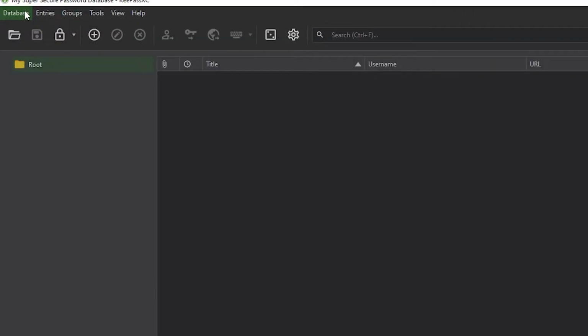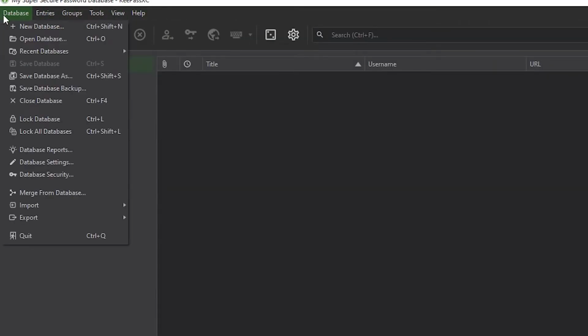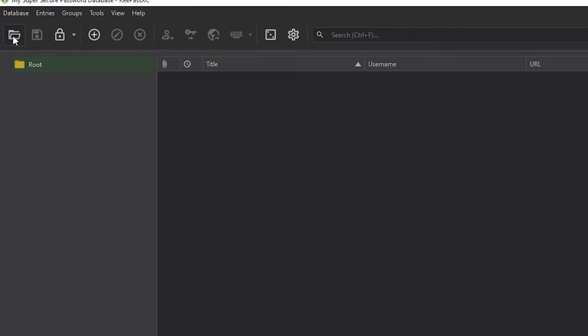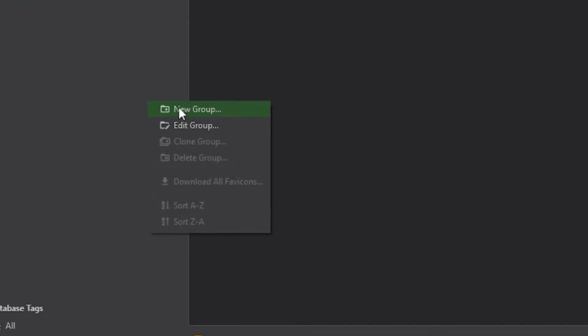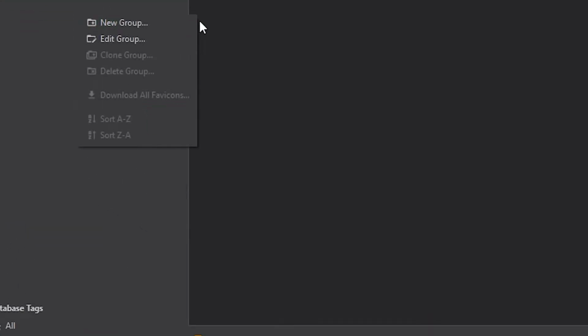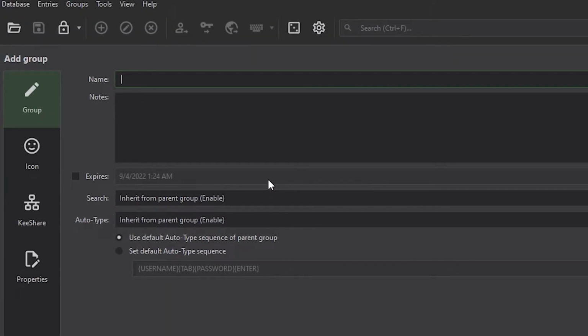In the top we have those options, and in here we have options for open database, lock database, add a new entry and password generator, as well as settings. So let's create a new password in here. So I'm going to right click on here, and actually let's create a new group first. So new group, I'm going to name this my mail accounts,